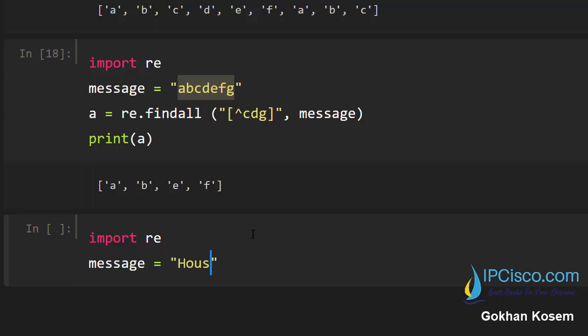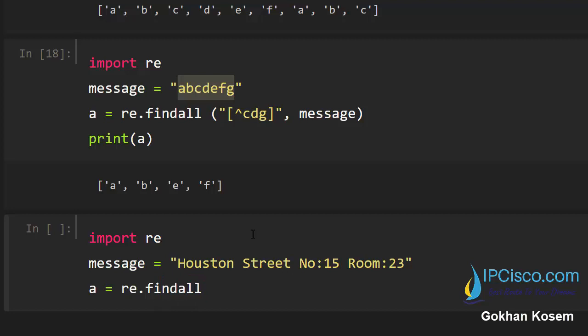So here I write Houston Street, no 15 room 23. This is our address, and here I will use the findall function again, and this time I will use